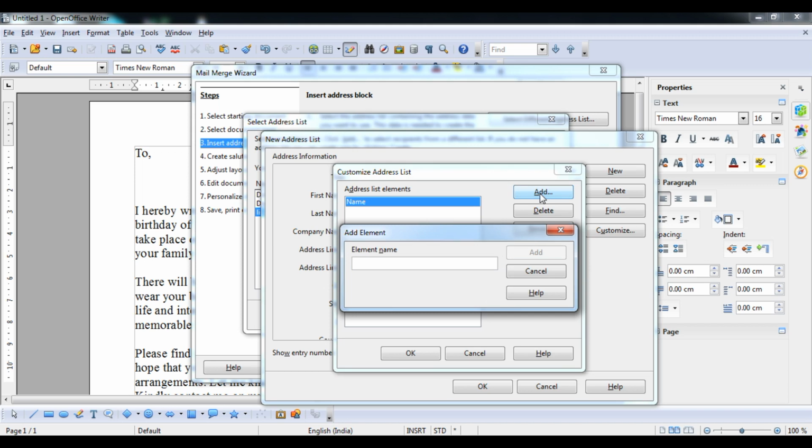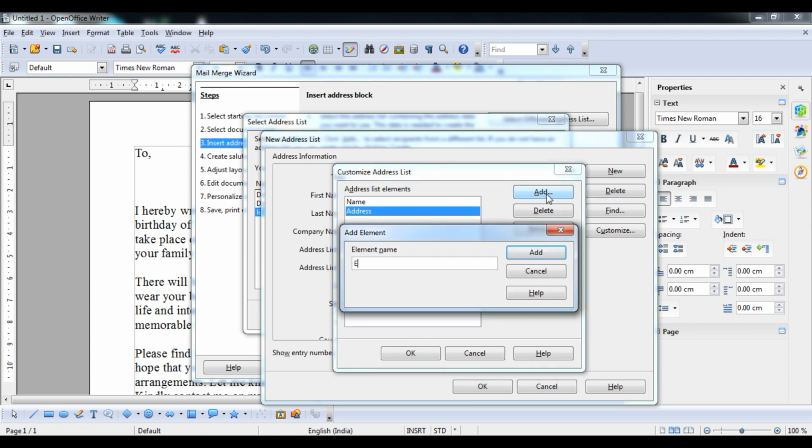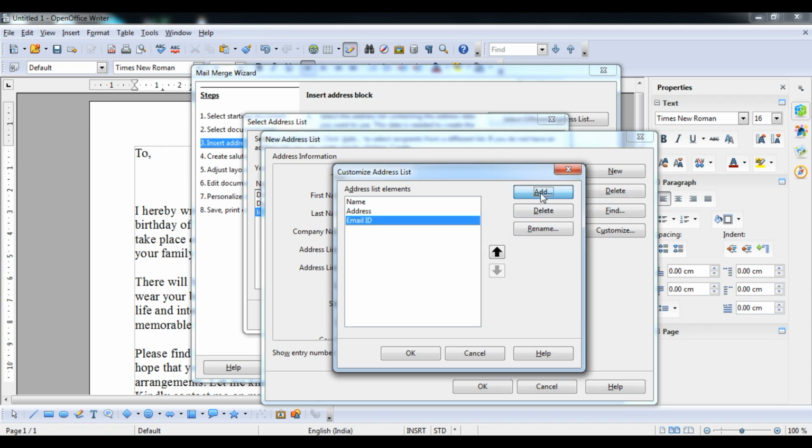Second, address, and then email ID, and at last phone number.